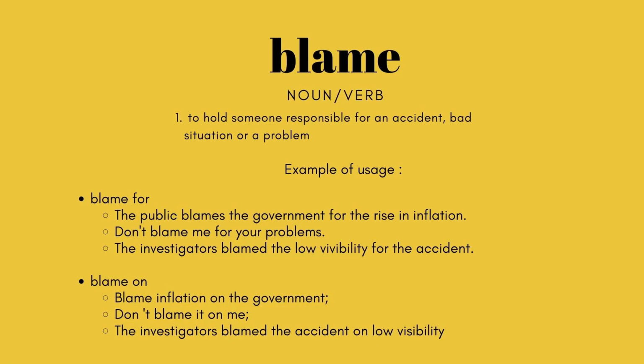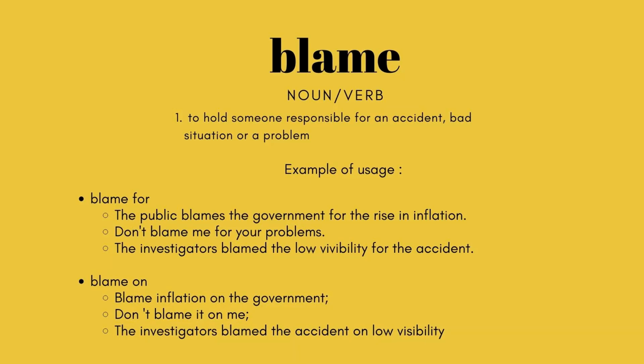The first word is the everyday use of the verb to blame, which is to say or think that a person is responsible for something wrong, and to hold someone responsible for an accident, bad situation, or a problem. The traditional pattern is to blame someone for something. The pattern to blame something on someone is more recent, and some purists still object to it. It is so well entrenched in everyday idiom now, however, that it can be safely used except in extremely formal